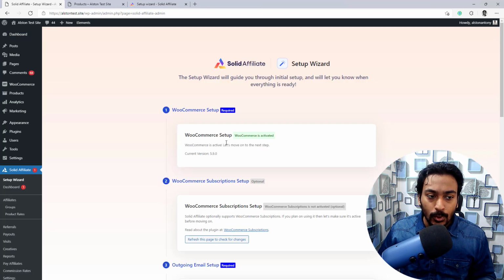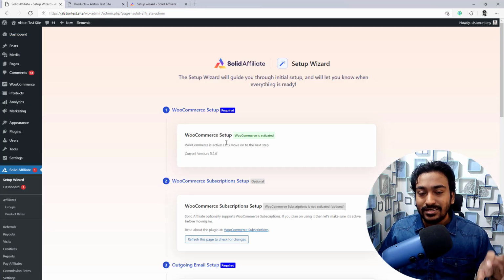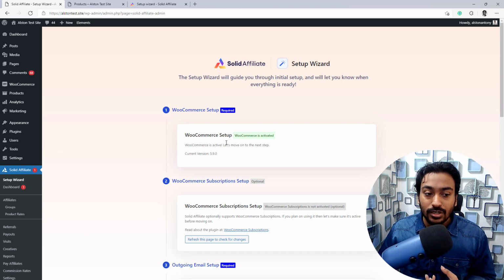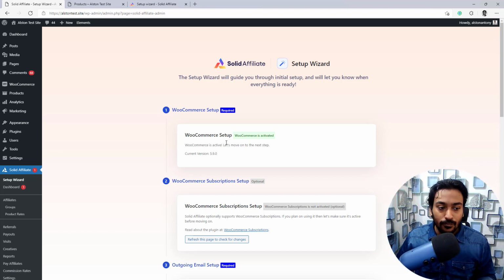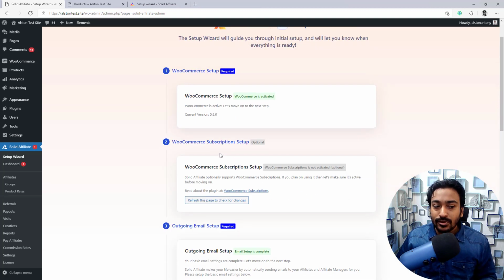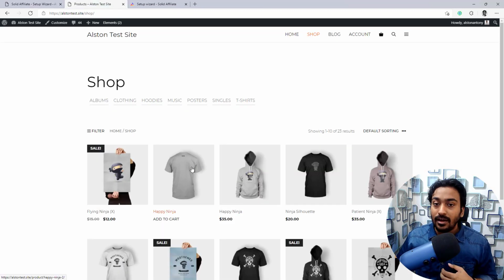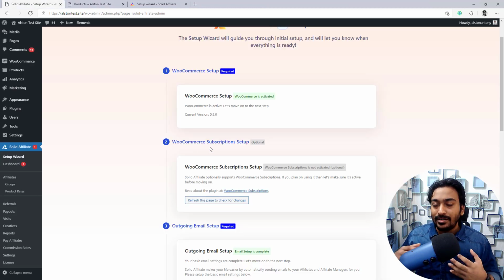Once you go here, this will give you all the necessary prerequisite information you need to be aware of. For example, it is a WooCommerce-based plugin, so you need to have the WooCommerce plugin installed in order to move forward. You can also use WooCommerce Subscriptions. The difference is that WooCommerce is where you sell a one-time priced product or digital product, while Subscription is where there is generally a monthly or yearly recurring subscription value.